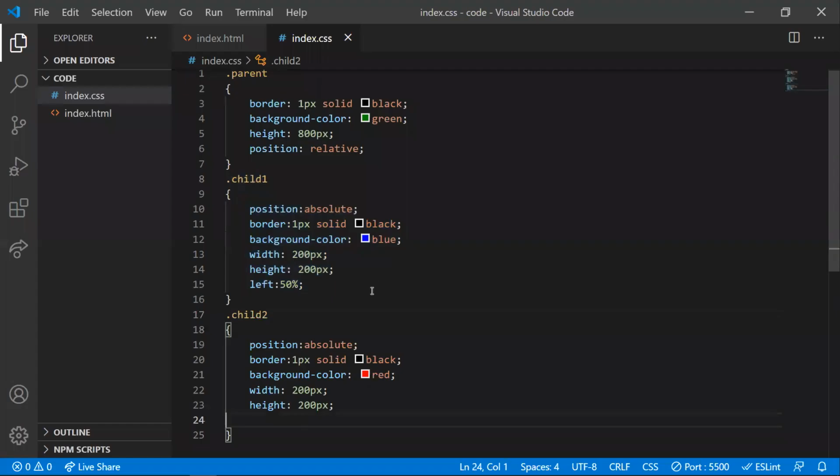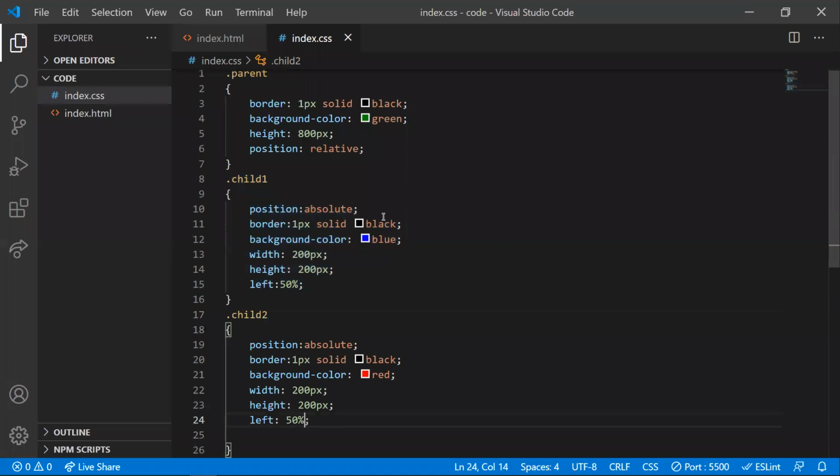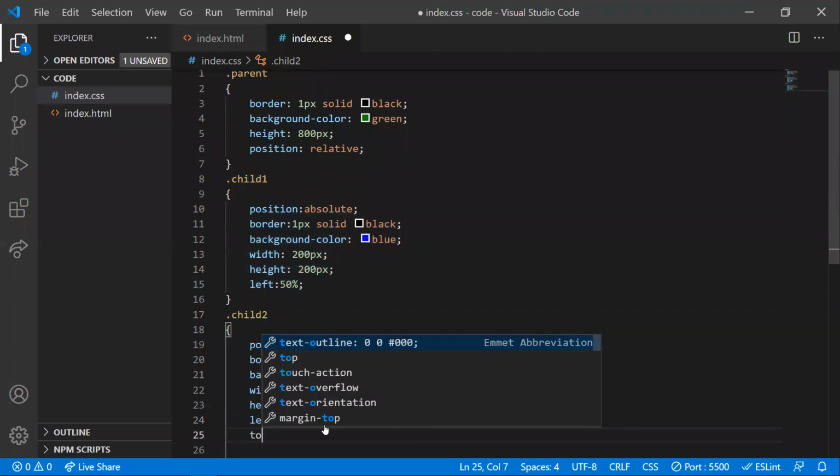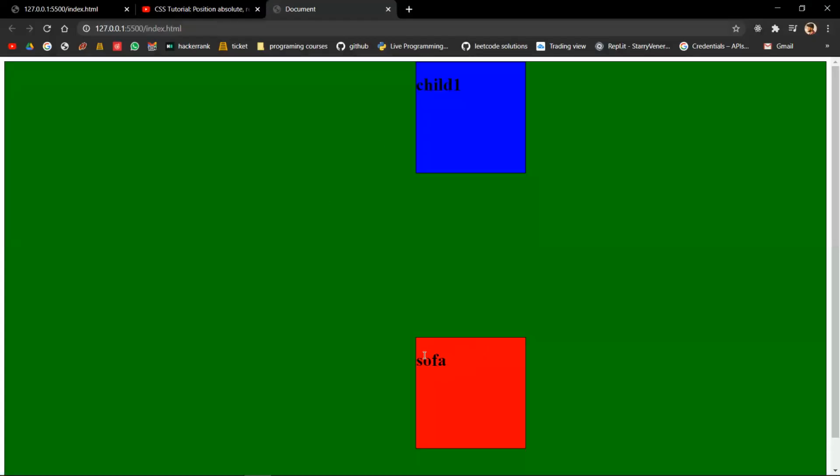We have a sofa. Now if I want to move it to the left, it moves to the left, overlapping each other. Now if I want to move it a little bit down, then I need to give that. This is how it is done. We are moving it and placing it with the help of absolute positioning.